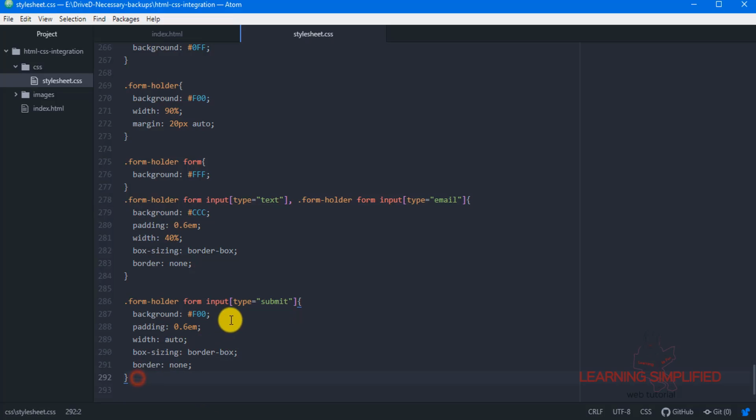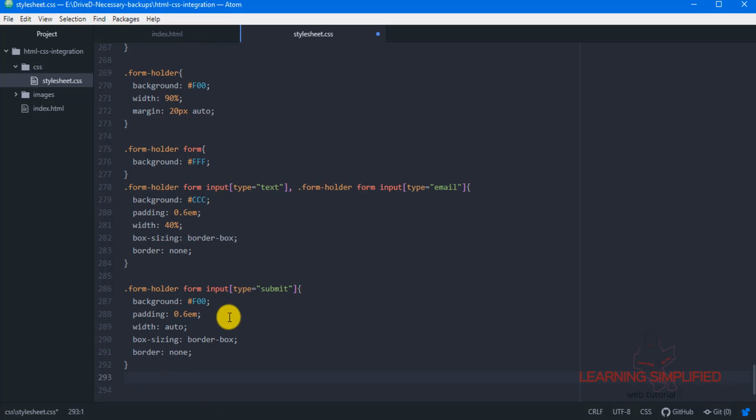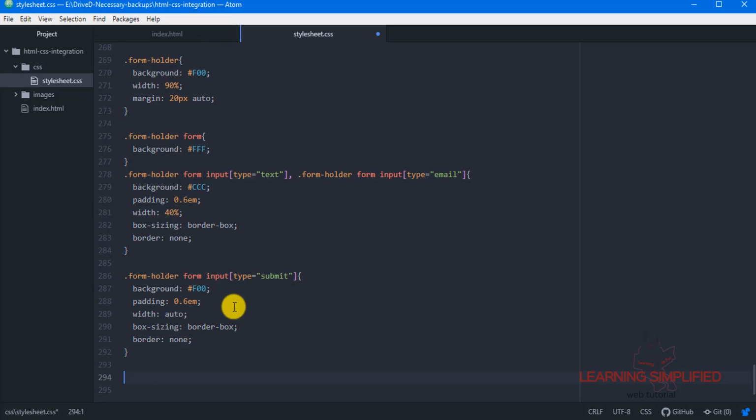Now in the last case, all we have to do is customize the text area, remember, so we need to customize it. So what we can do over here: a text area which is residing within this particular form element, which in turn is residing within the selector named form holder.